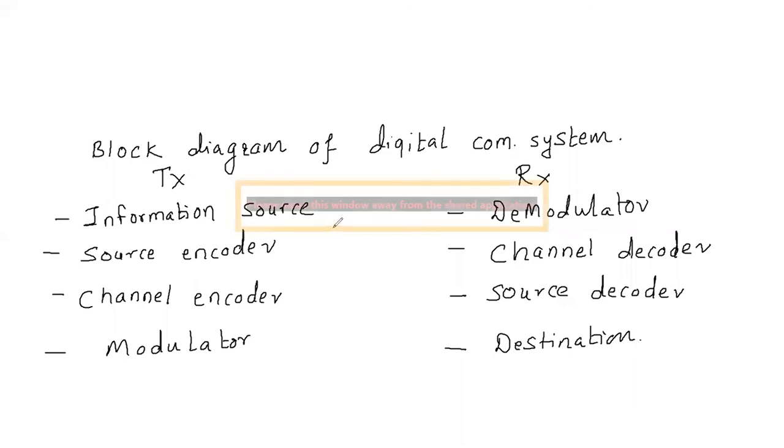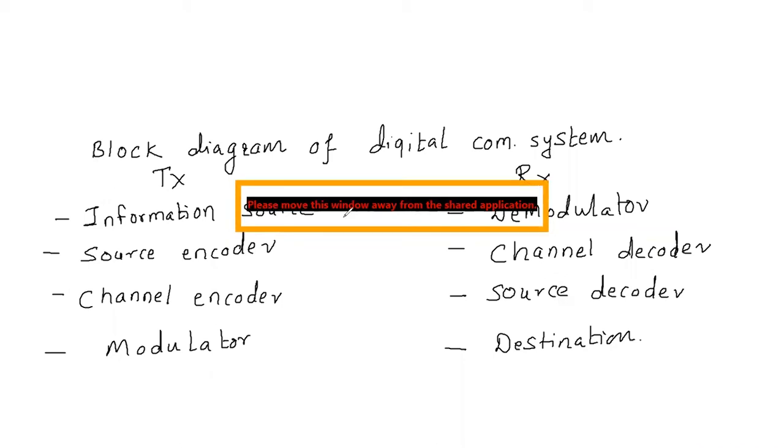So the first block in the communication system is the information source. The overall purpose of the system is to transmit the message, or the sequence of symbols coming out of the source, to a destination point at the higher rate and with maximum accuracy possible.